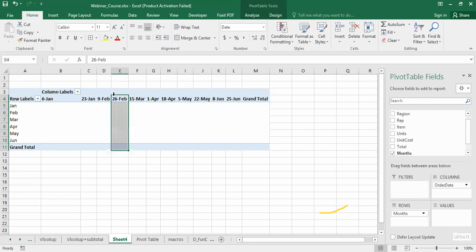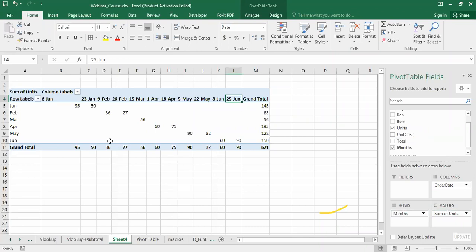We can see all the dates have become the fields. Okay, and what values do you want in the table? Say I want the units, so bring this unit in the values part. You can see these are the values. Now suppose your manager or your head or the management asks you, show me what are the sales on the different dates in different months.